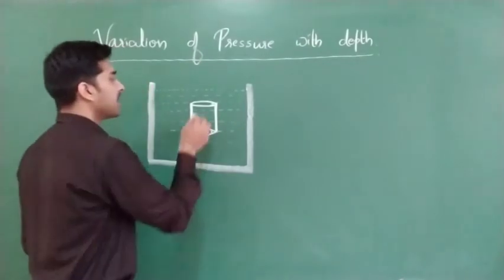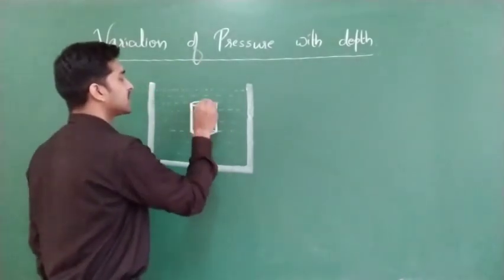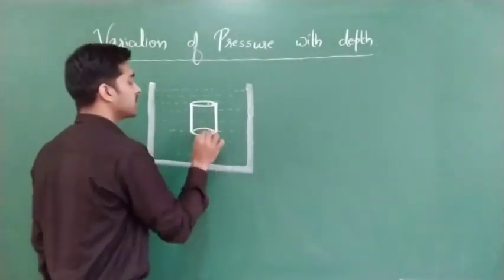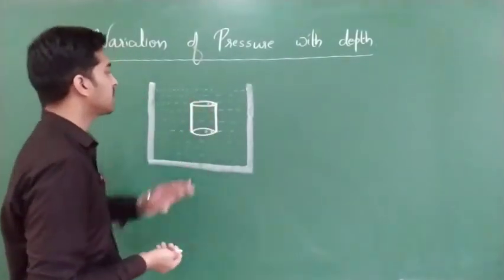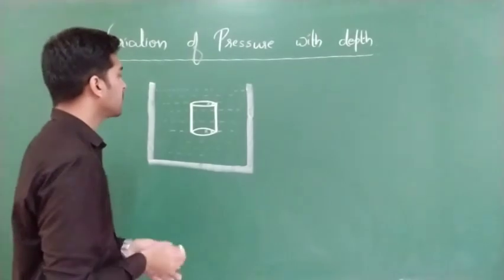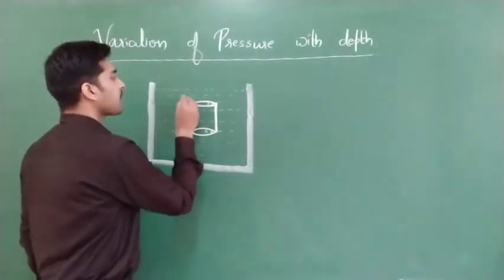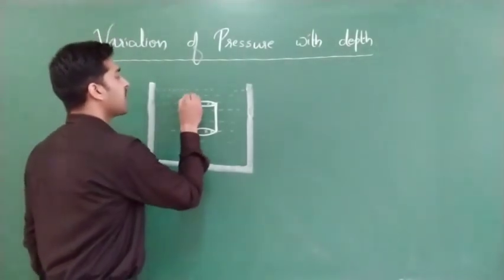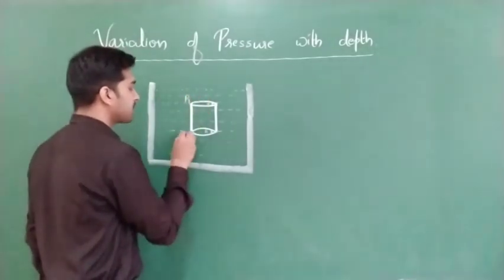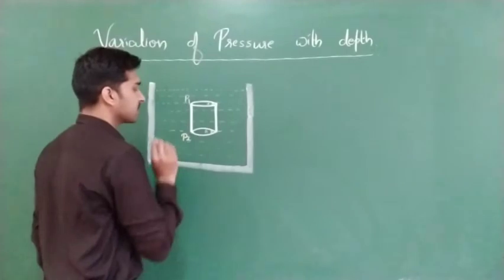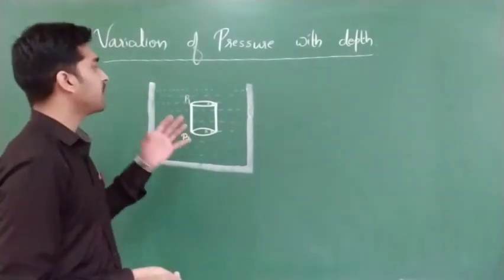Okay, and the cross sectional area of a cylinder is the same. This is also A, this is also A. The base area here and here is the same. Next, pressures will be different. At this point the pressure value will be P1, at this point the pressure value will be P2. Clear? Until this I hope you might have understood.